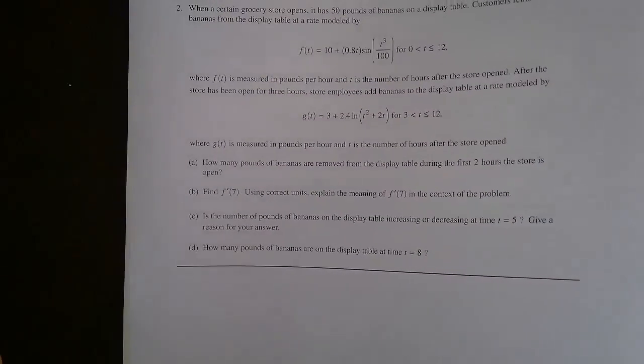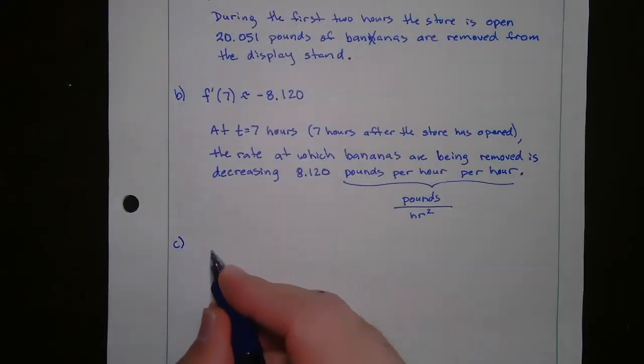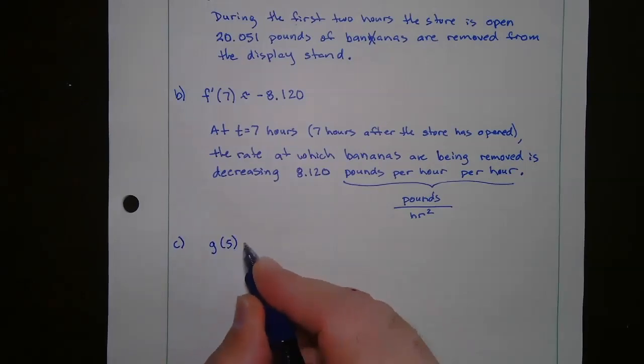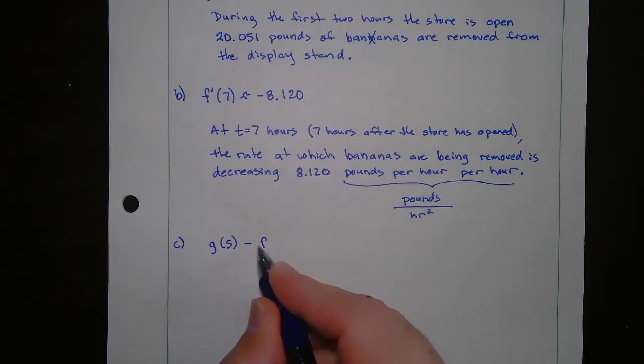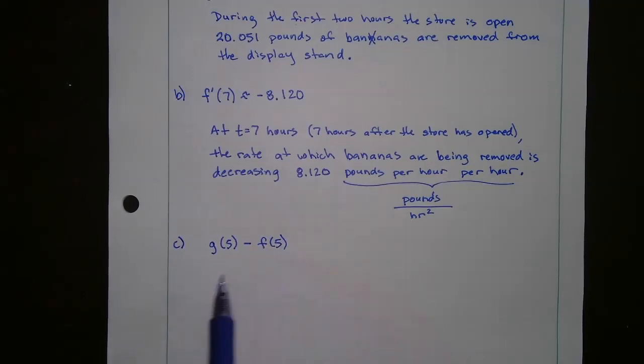Let's go to our paper. For part C, we want to take a look at what is g of 5 minus f of 5, because these two together is the rate at which the number of pounds of bananas is